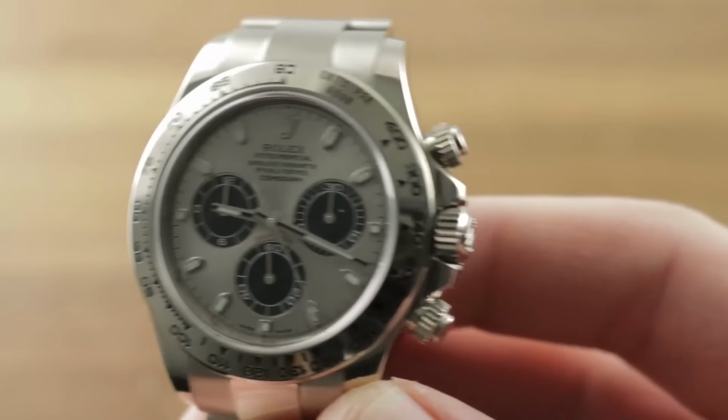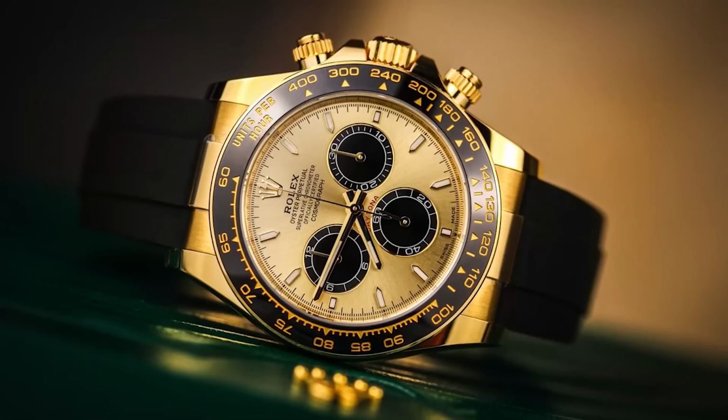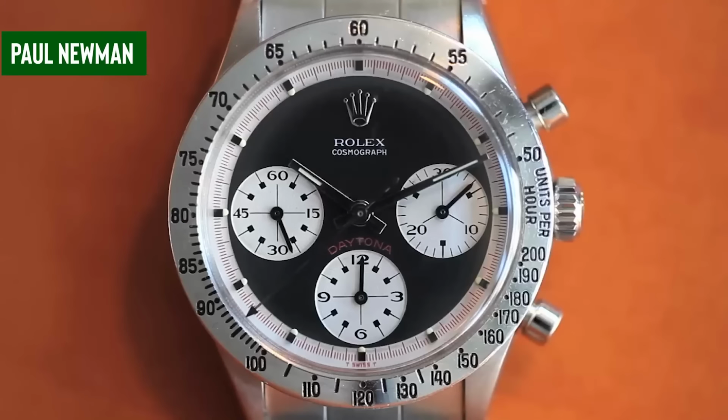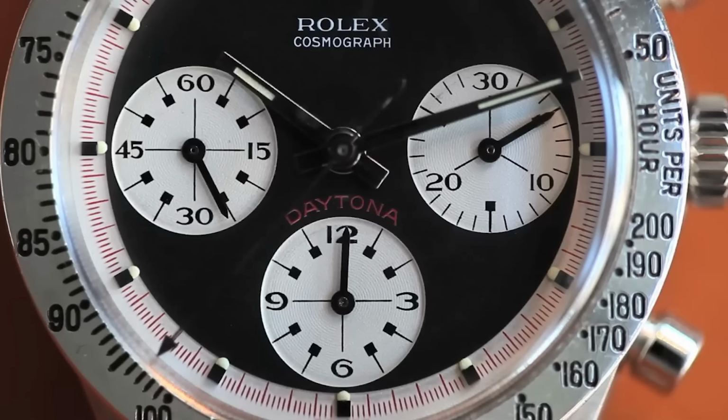In a surprising twist, the Oysterflex models are making a comeback. We've seen a spike in sales for the Pikachu and Ghost models, and even the Paul Newman with its distinctive red chronograph hand is finding new wrists to grace. It's been quite the journey for these models, now seeing a price correction that makes them more accessible, yet still